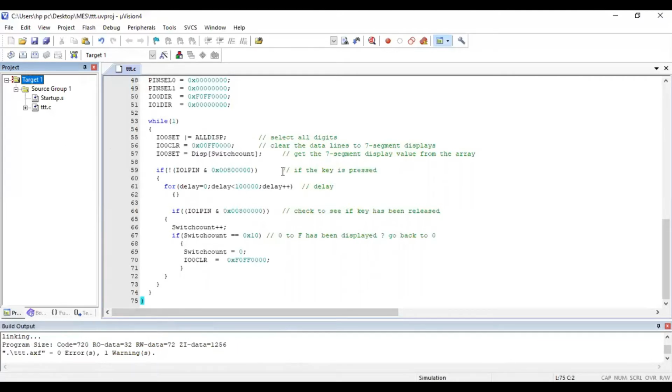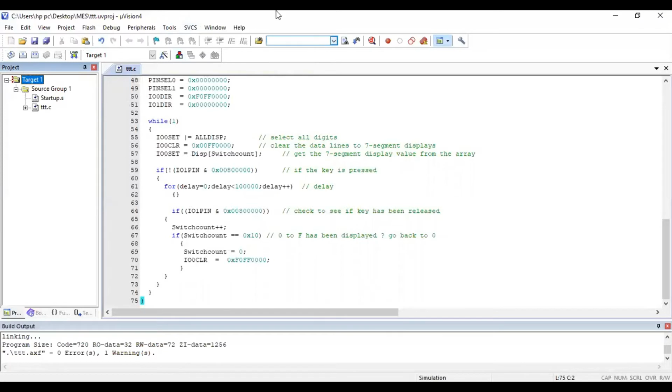Once your file is ready for execution, now this particular program you need to send it to board, because this is a hardware program. You have to execute on the board. So you have an LPC2148 evaluation board. On that board, this program will be executed. So now how to send this program to that board? You cannot send the program as it is. So you have to send the executable file or the machine code. So how to create the executable file or machine code means it's a creation of hex file. So you have to create hex file.